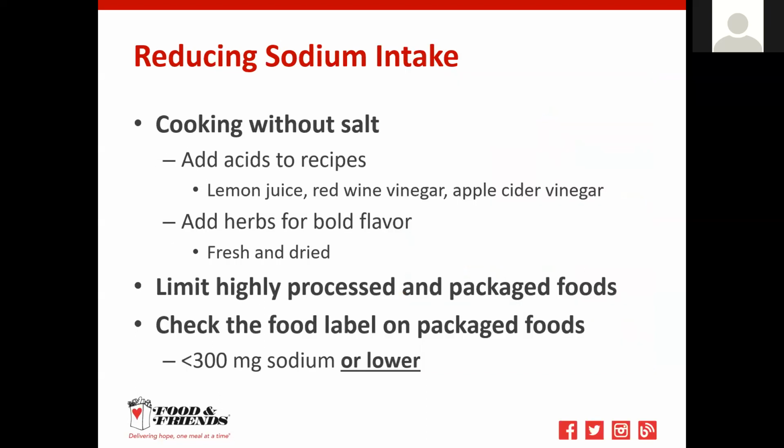Okay, so reducing sodium intake. As you're working to get your taste buds used to less salt, it's still possible to prepare delicious food at home without adding extra salt. One way to bring out flavor is adding acids to foods. Acids act like salt in the fact that they bring out natural flavors,